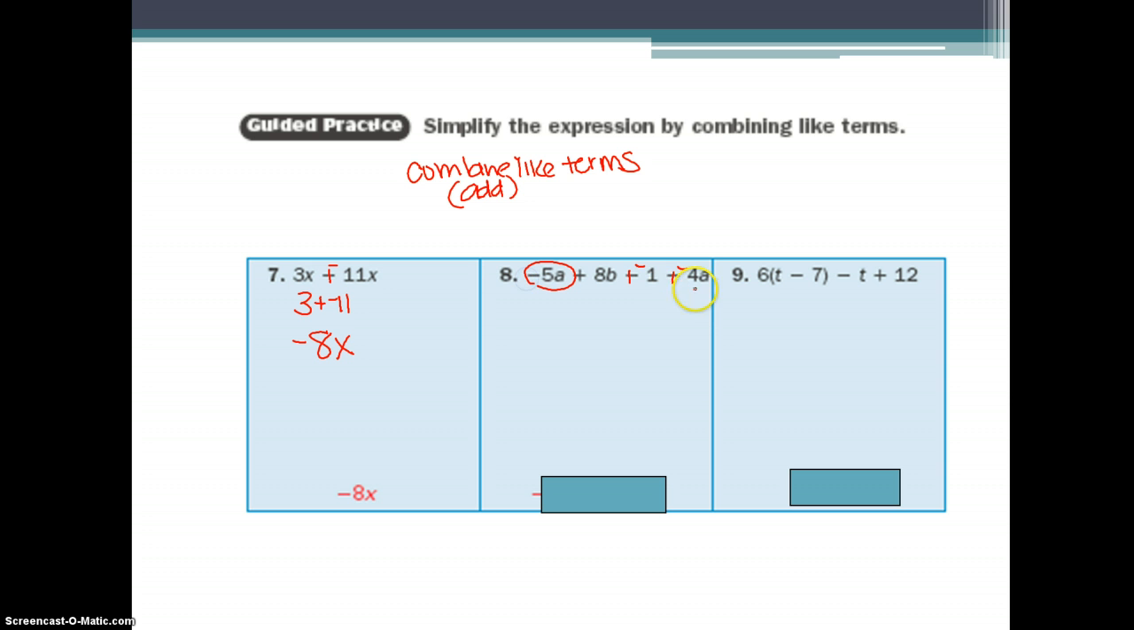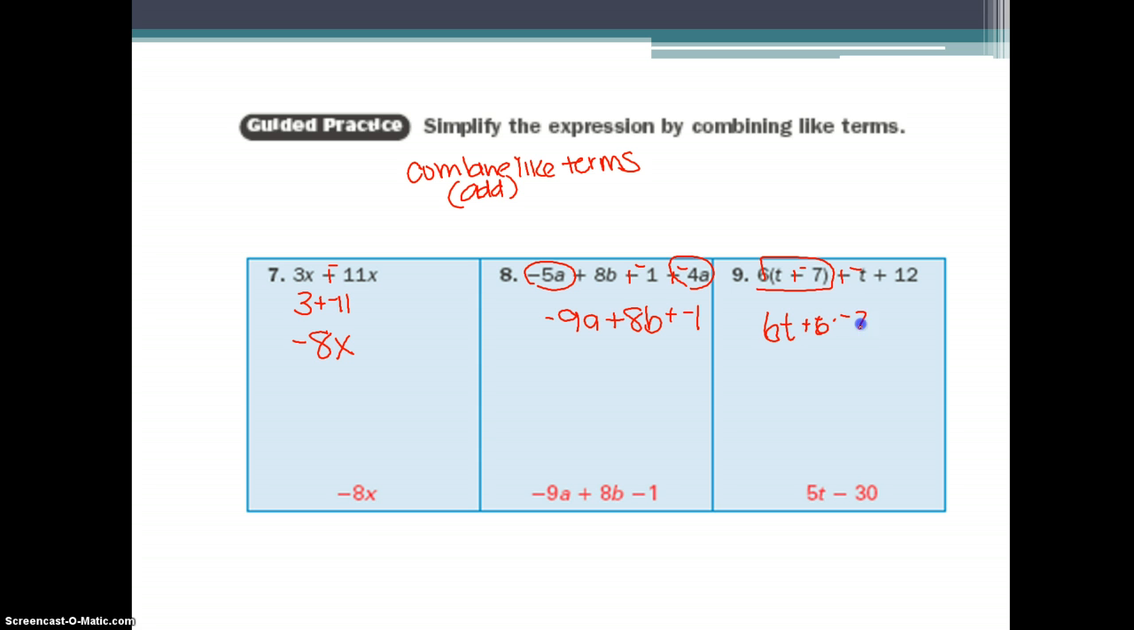I am going to just circle the ones that are in common. That's negative 9a plus 8b. Does it have any other b's? And there is no other constants. That's your answer. Add these opposites. This is distributive property. 6t plus 6 times negative 7 plus negative t plus 12. Add the t's, which is 5t, add the numbers,